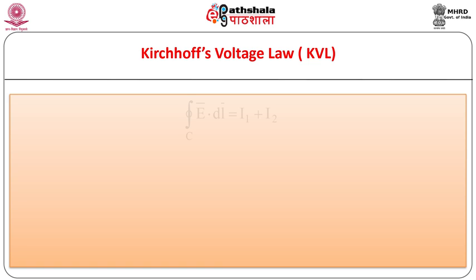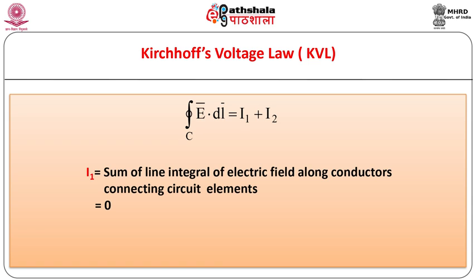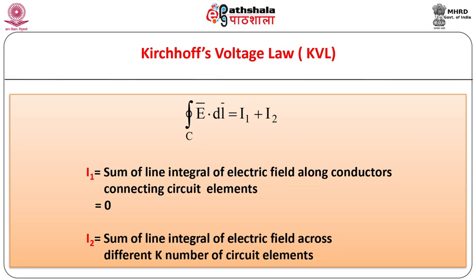For evaluating the line integral of electric field, the closed contour C can be supposed to be comprising of different circuit elements causing potential drops and the filamentary conducting wires connecting these elements. Being perfect conductors, these connecting wires will cause zero potential drops across each of them. Assuming the presence of total k number of circuit elements causing potential drops, the line integral then can be represented as the sum of all such individual potential drops.